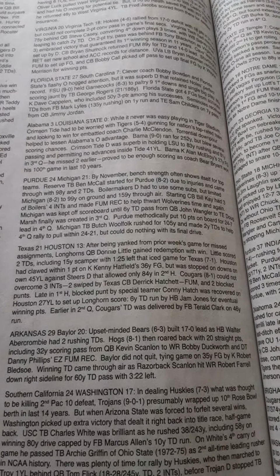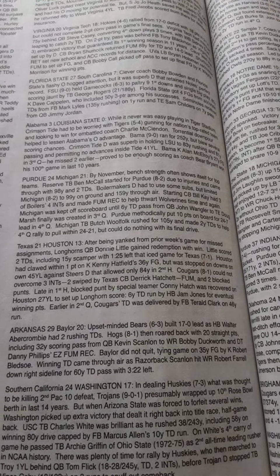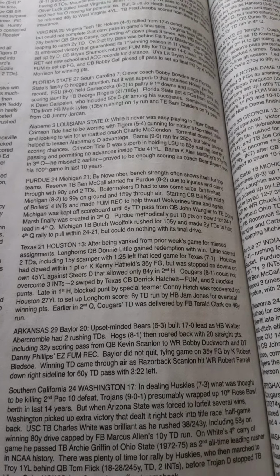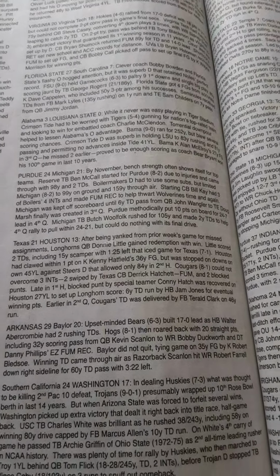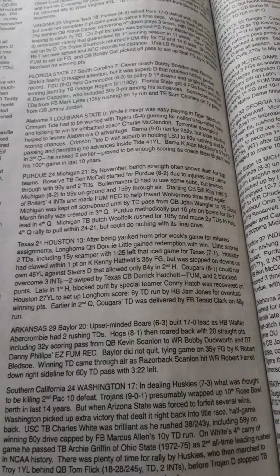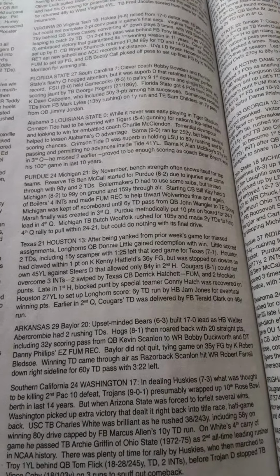Houston had clawed within 1 point on kicker Kenny Hatfield's 36-yard field goal, but was stopped on downs on its own 45-yard line. Again, against the Steelers defense, they had allowed only 84 yards in the second half. The Cougars could not overcome 3 interceptions, 2 swiped by Texas cornerback Derek Hatchett, a fumble, and 2 blocked punts